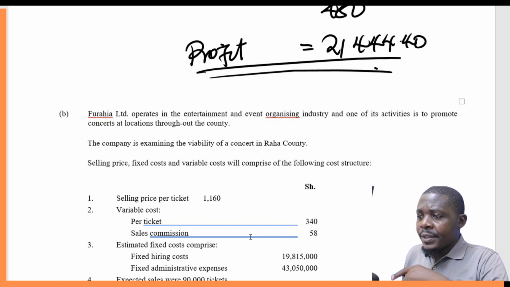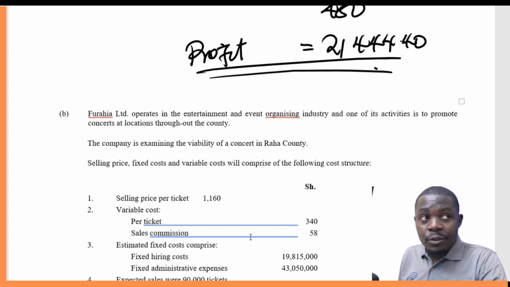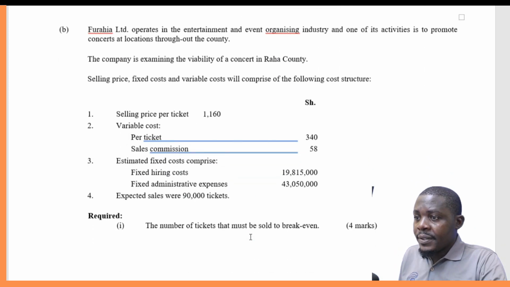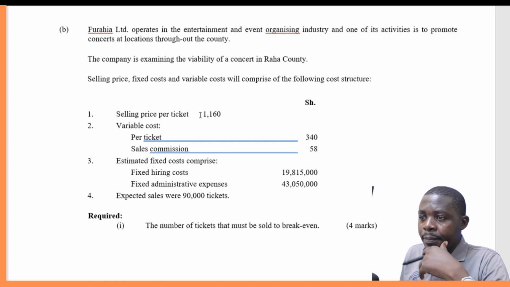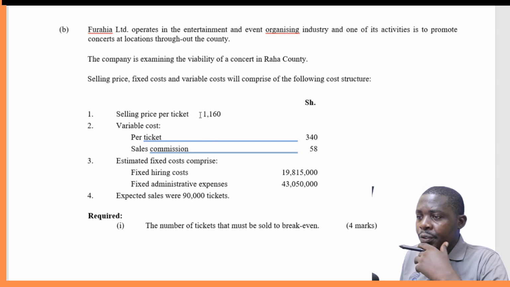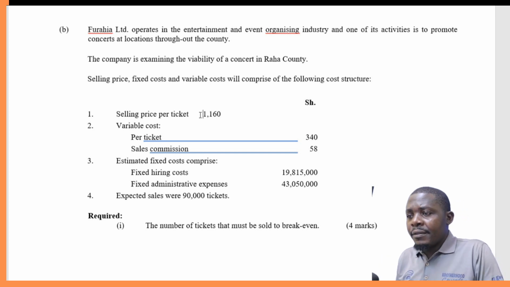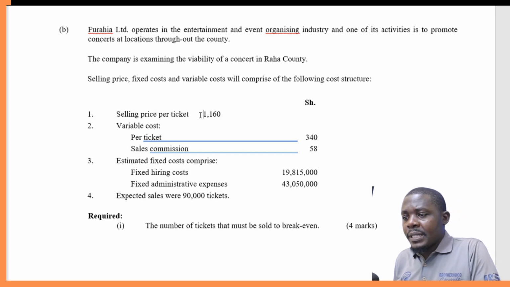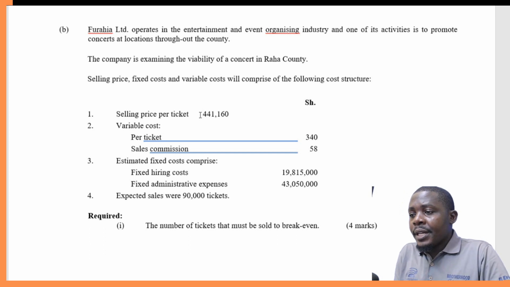The selling price, fixed cost, and variable cost will comprise the following cost structure. We have the selling price per ticket, and then the variable cost per ticket, selling commissions, we have been given there. Estimated fixed cost comprises fixed hiring and all those particular items. Then we are told